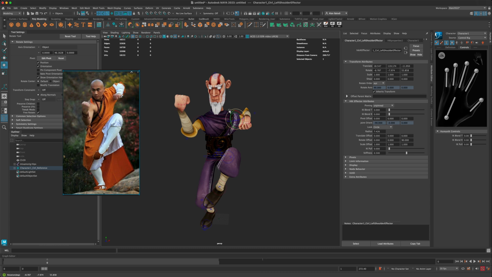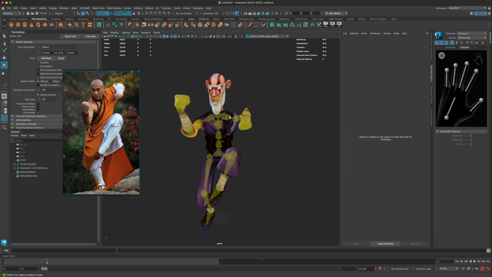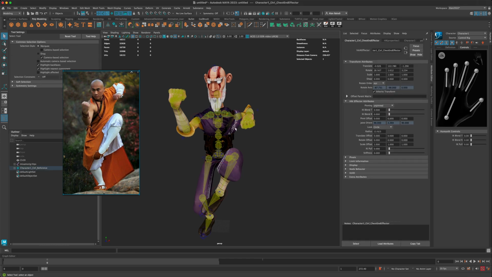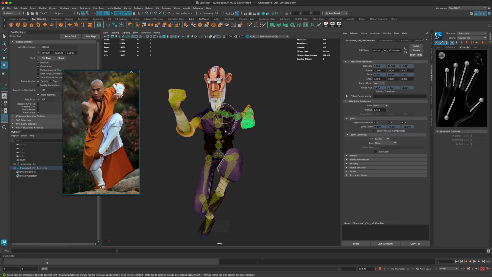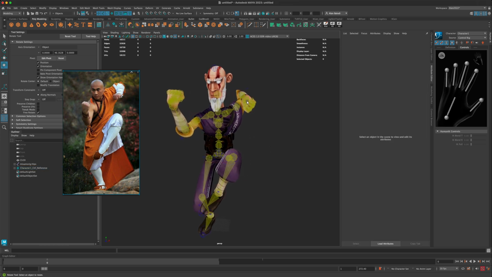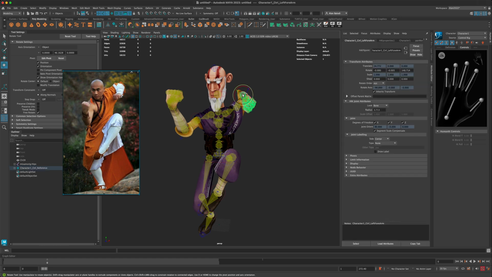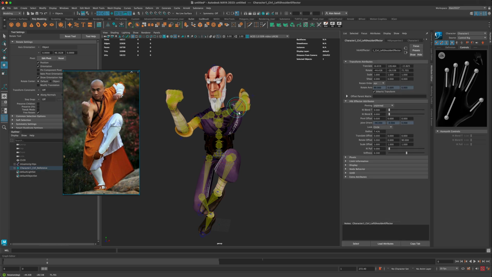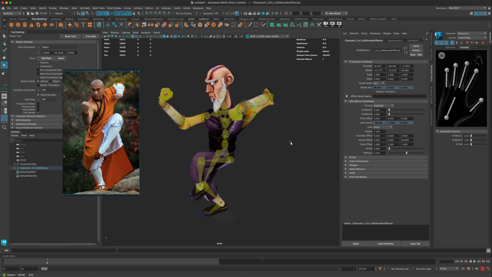Now you can see that I don't really have any shoulder controls whatsoever. So for that, I'm going to turn this on. And I really do want to grab that shoulder there. This guy here. And I do want to move this up. And